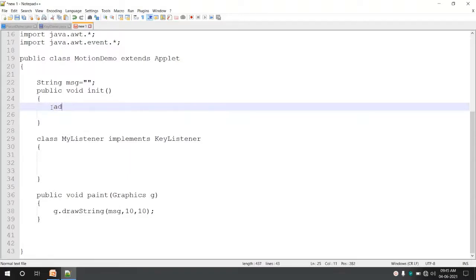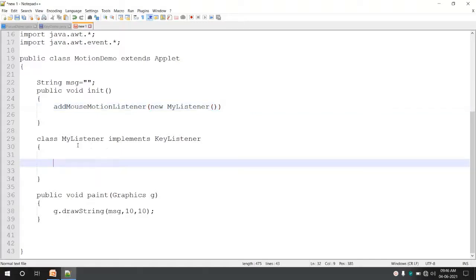To register a mouse motion listener on the applet screen, you have to use the method addMouseMotionListener. In brackets we need to send the listener class which handles the mouse motion events. So the listener class, here it is, new MyMotionListener.